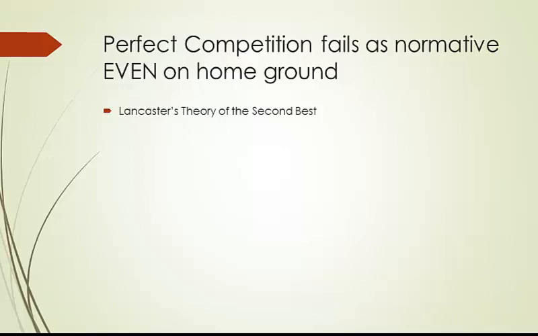So what Lancaster's theory of the second best shows is that this is not true. If you are in a bad situation, there are many inefficiencies, and you remove one of them, then you can make the situation more inefficient. So, a very simple example: suppose you have a monopoly, and suppose you have a monopsony, a firm which is hiring, or a collection of firms which is united in terms of its hiring of labor. So in that case,